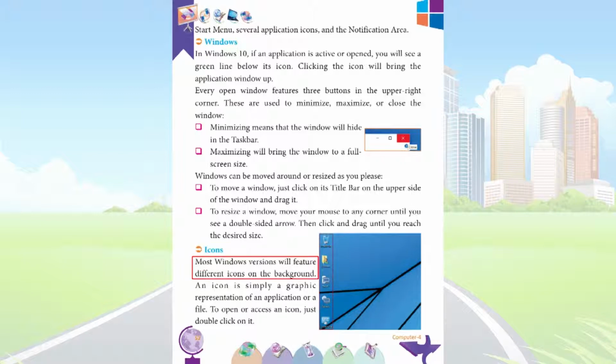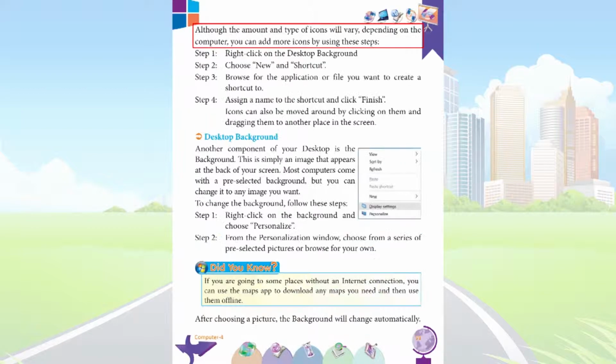Icons. Most Windows versions will feature different icons on the background. An icon is simply a graphic representation of an application or a file. To open or access an icon, just double-click on it. Although the amount and type of icons will vary depending on the computer, you can add more icons by using